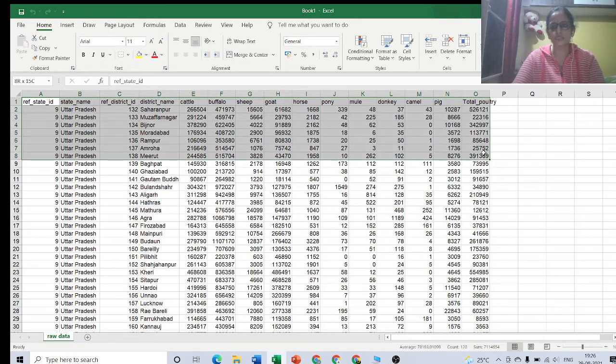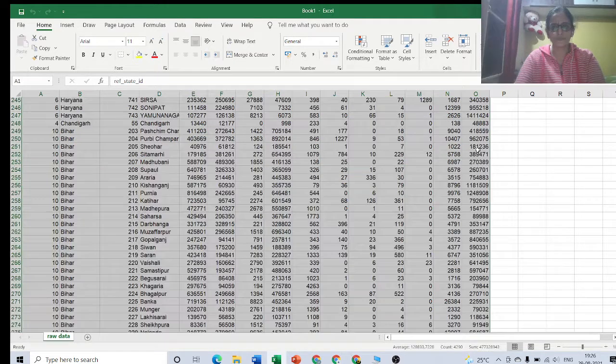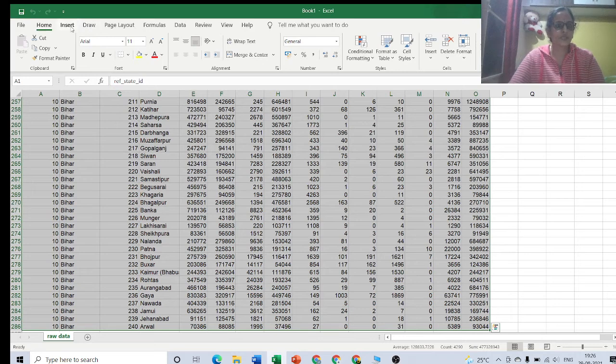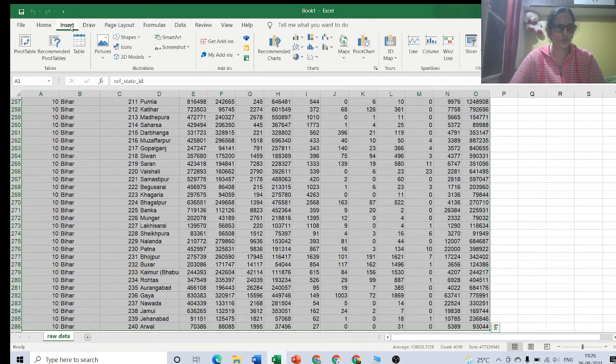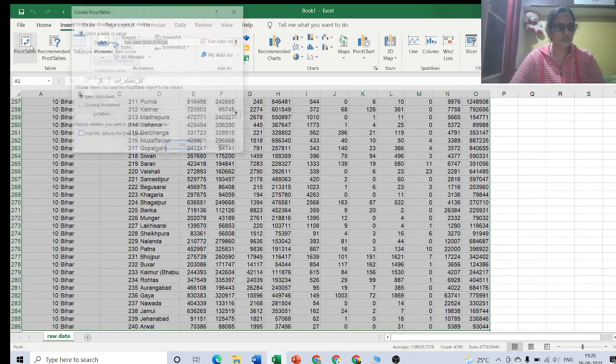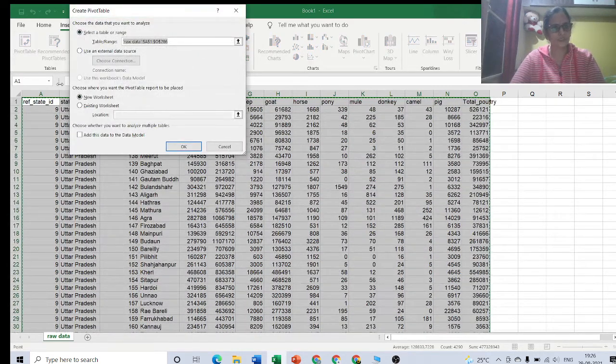We have to select the entire data. Then we have to go to the Insert option and click Pivot Table. Here you can find the title, choose the data that you want to analyze. So we have to select the data for which we want to do the analysis.